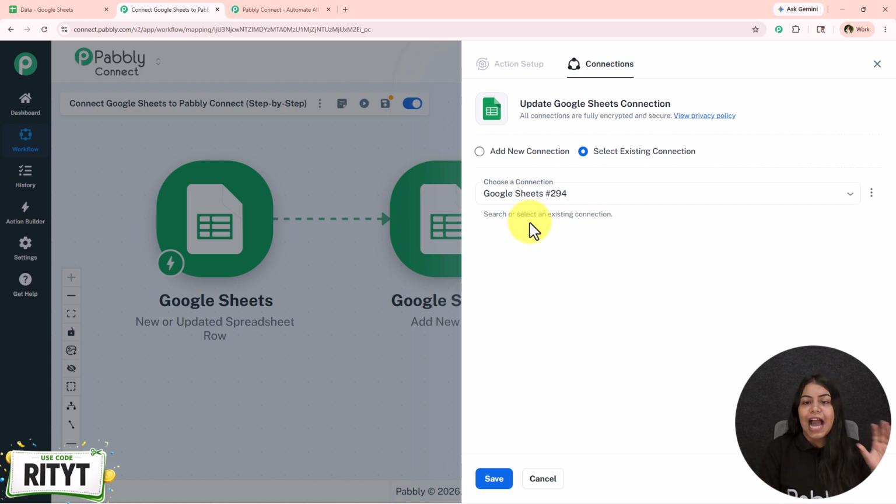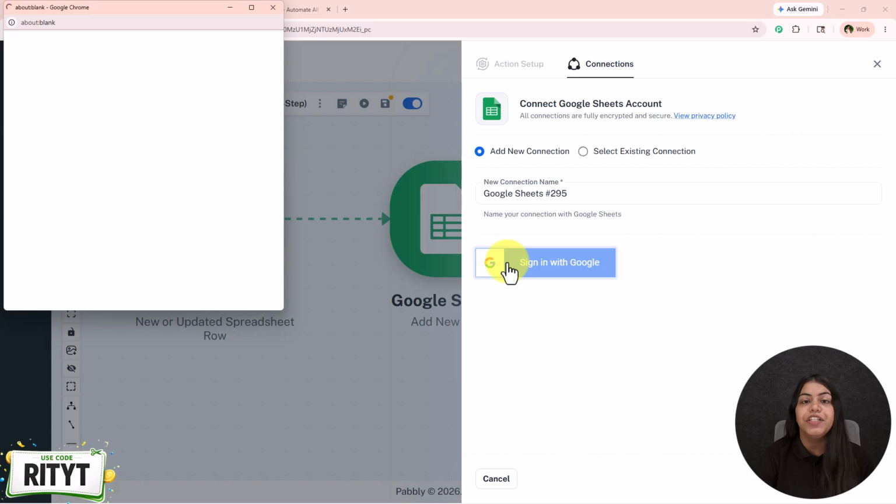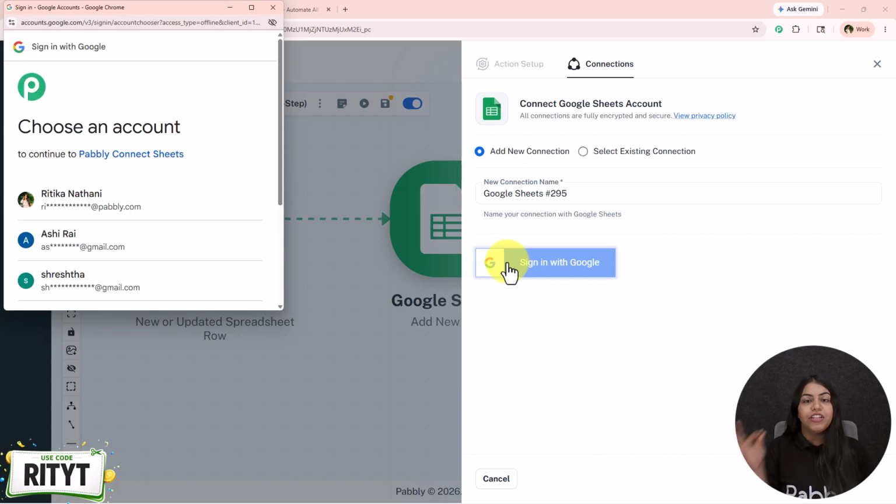So now it is saying add a new connection or select an existing connection. So if you have already created a connection between Google Sheets and Pabbly Connect, then you can click on the select existing connection and then save. But if you haven't, you have to follow me, click on add a new connection and then sign in with Google. Now you have to make sure that you select the same Gmail account with the help of which you have created the spreadsheet which you want to automate. So I'm just going to select my Gmail account with the help of which I want to create this connection,